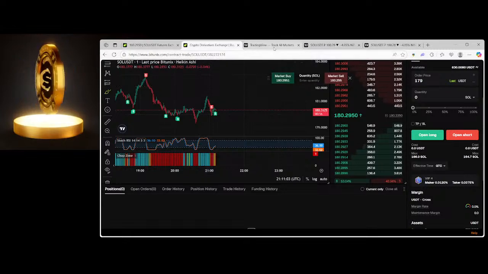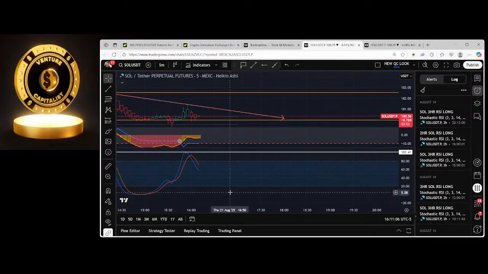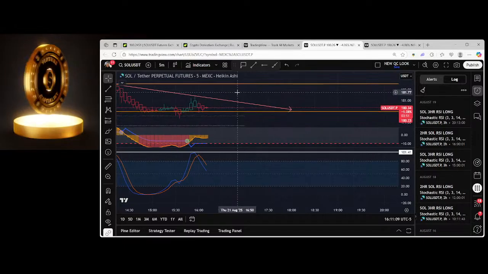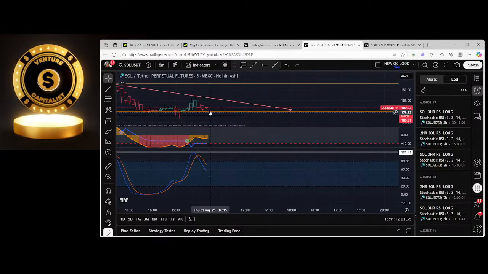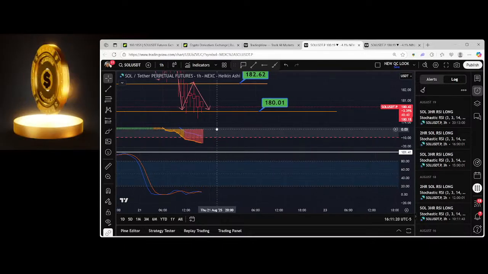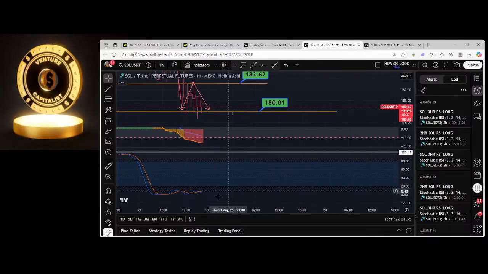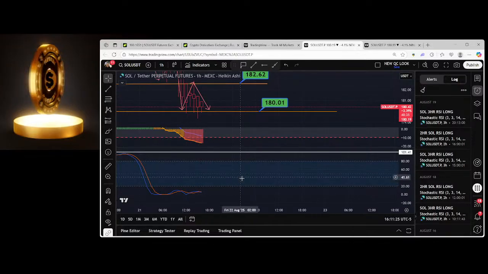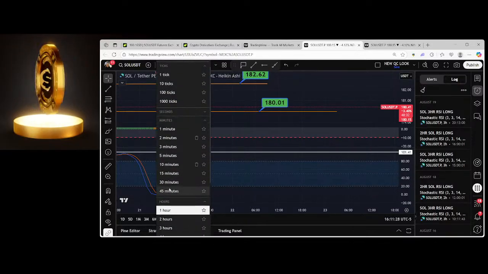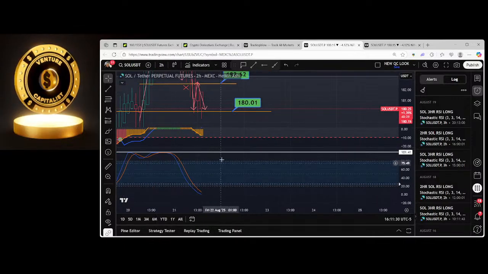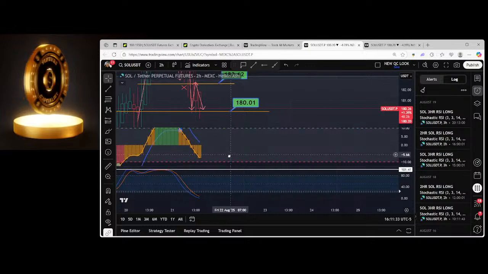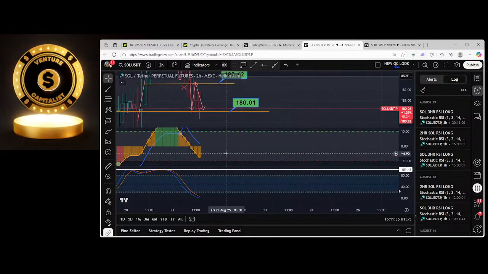So now what we're going to do is just wait for this next pullback to come back here, and we're going to see where it settles. For us, we're waiting for a signal, right? The signal that we're waiting for is we need this 1 hour to be heading up in the right direction, and then we need the 2 hour to follow into it. And this is why, if you're getting in at these lower levels or fighting with these crazy support and resistance areas,